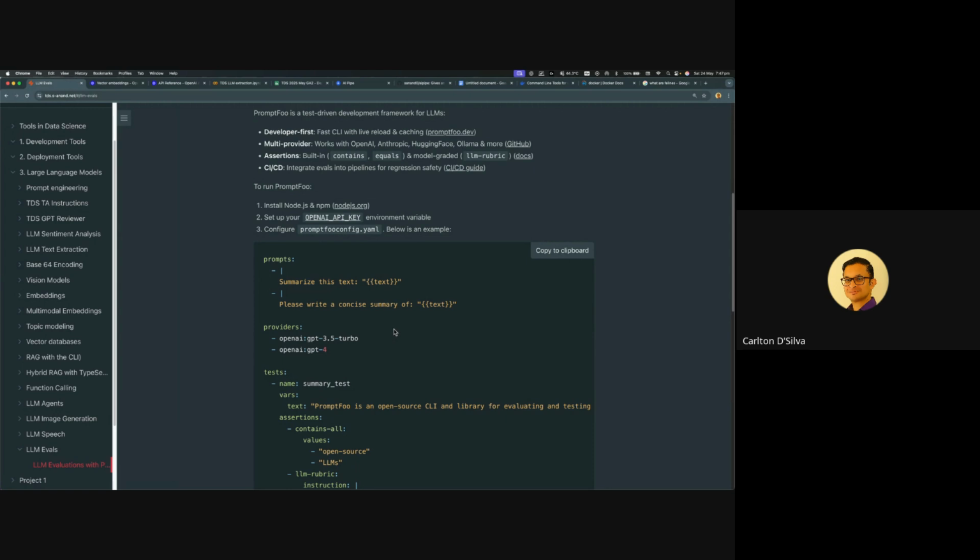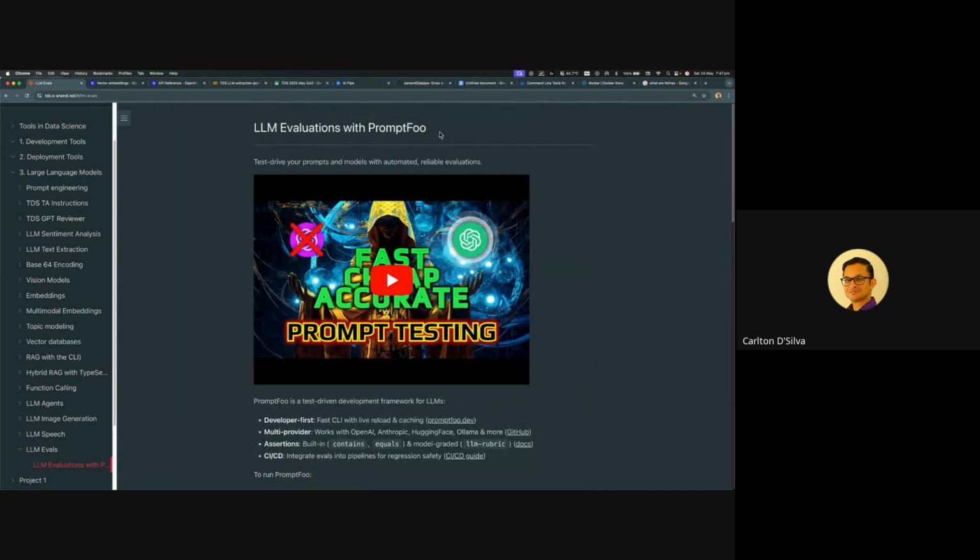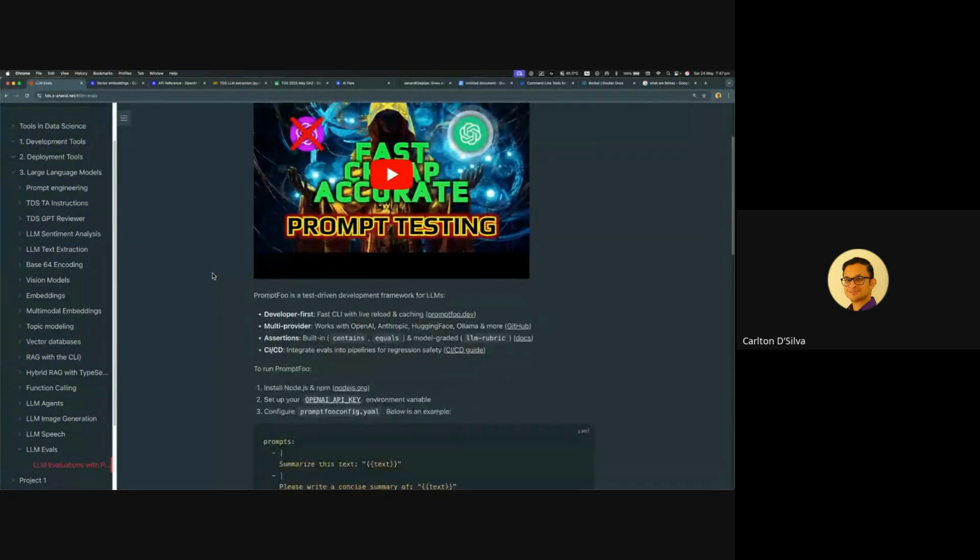How do you test that? You use something like prompt 4. So this becomes very useful when you're designing commercial applications, right? For small projects, personal projects, all this is okay. But the minute you decide you want to do something commercially viable, then something like this becomes supremely important,